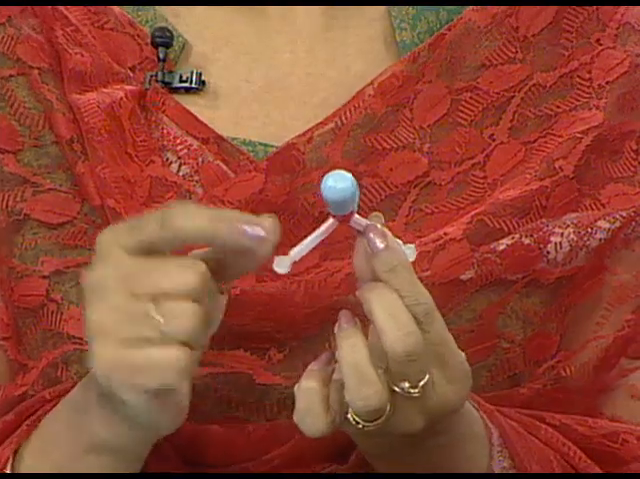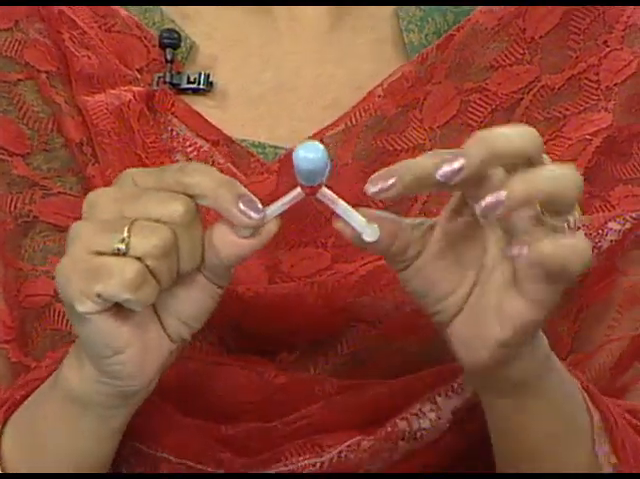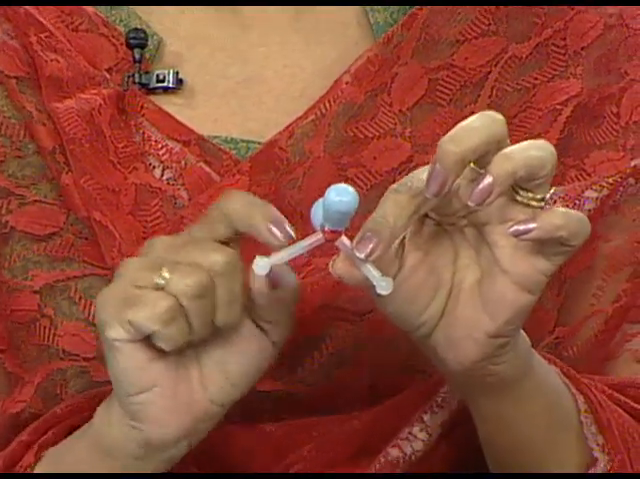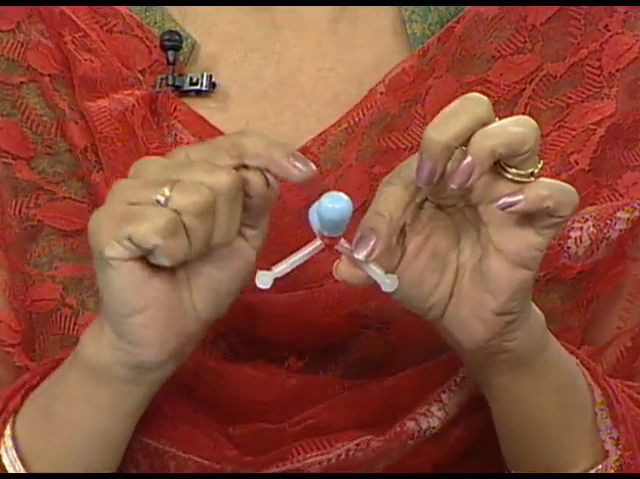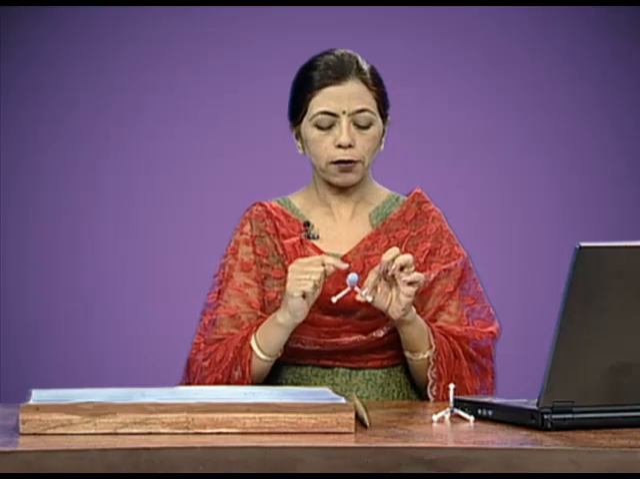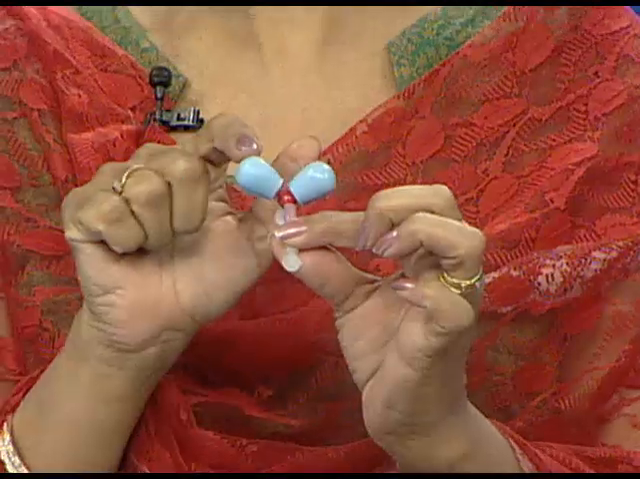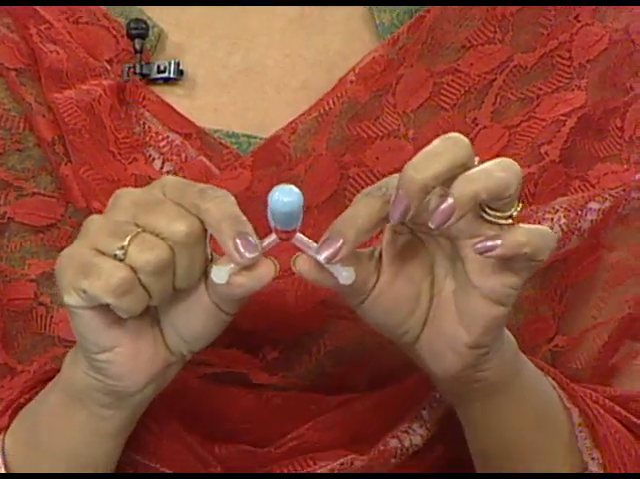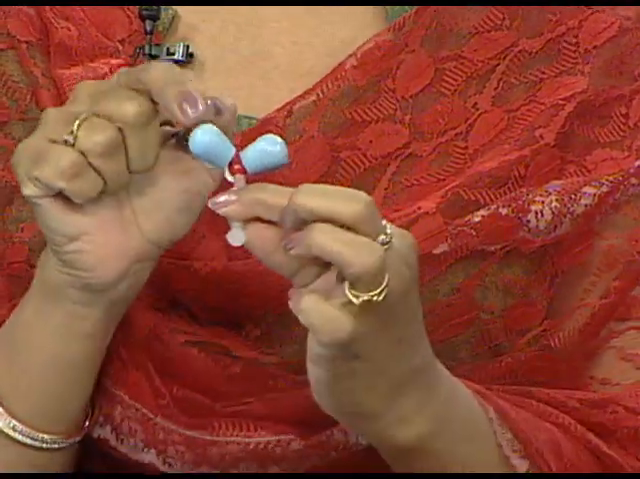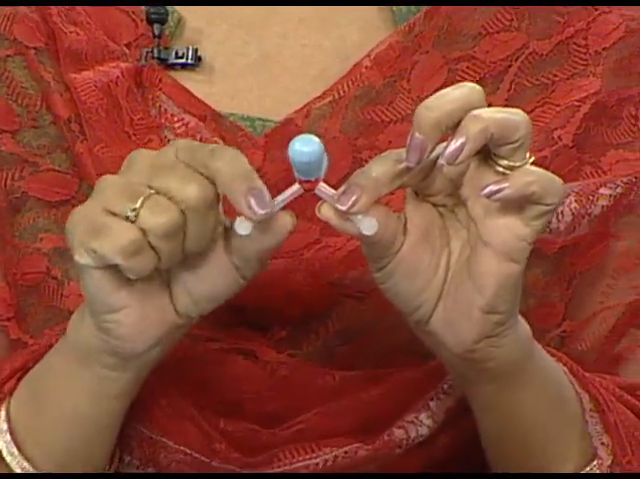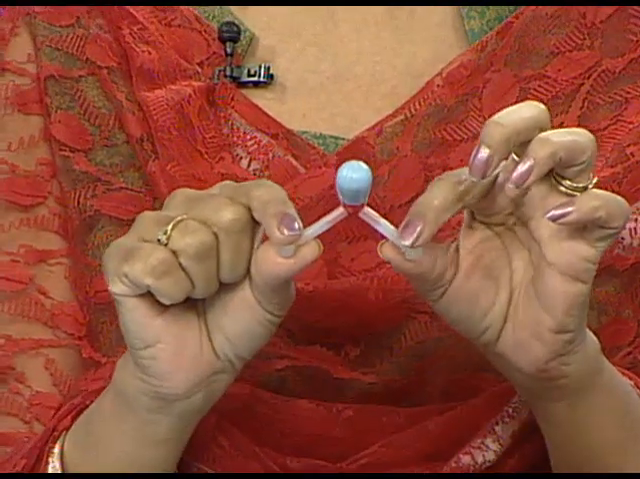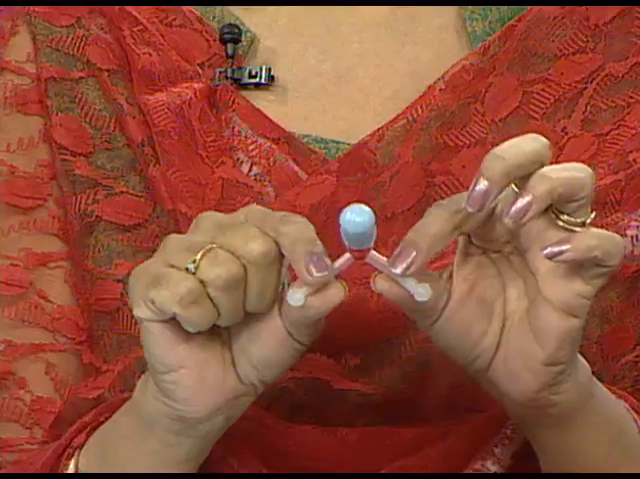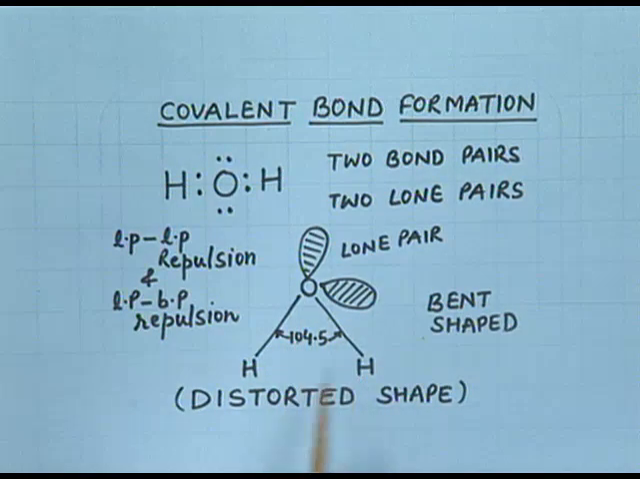There are in total 4 electron pairs, but out of these 4 electron pairs, 2 are bonded and 2 are lone pairs. Now there will be a repulsion between these 2 lone pairs and between lone pair and bond pair. Due to these 2 types of repulsions, that is lone pair repulsion and lone pair bond pair repulsion, the water molecule will have a distorted shape, and this shape is known as bent shape. Due to this distortion, the HOH bond angle is